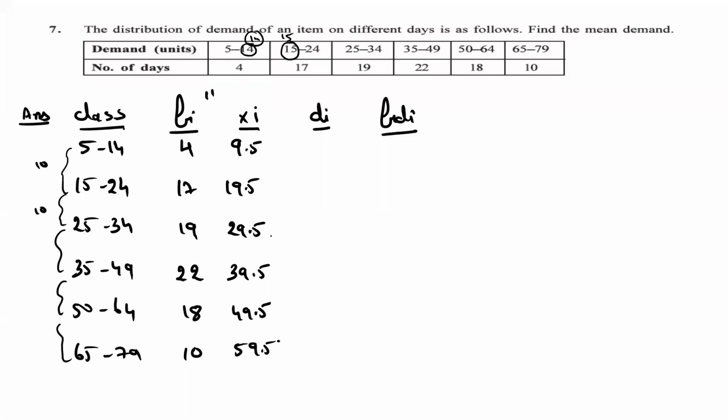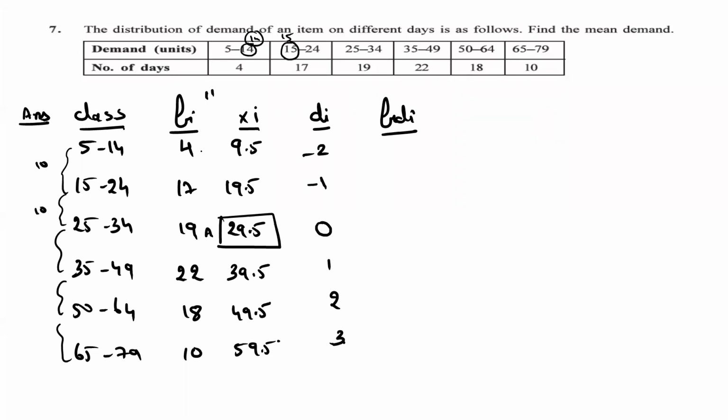Roll number 63. Which value do you have to take as the assumption here? Which value? 9.5, 19.5, 29.5. Yes, we will take 29.5. And what is the value here? 0. And what is the preceding value? Minus 1. Minus 1, minus 2. 1, 2, 3. Very good.